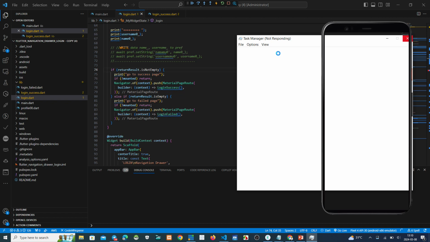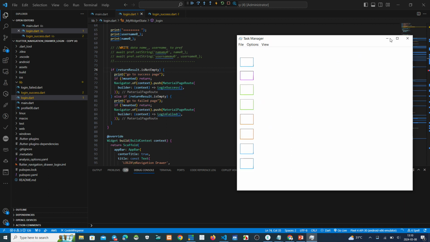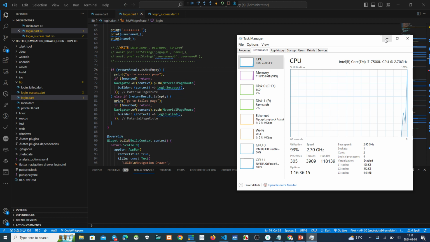Oh my god, too late. We can see the performance of my computer. We have memory load 75%. CPU load just 13. Okay, now we have normal.